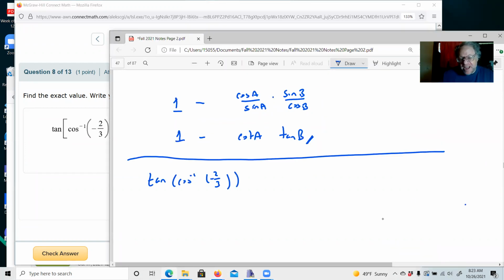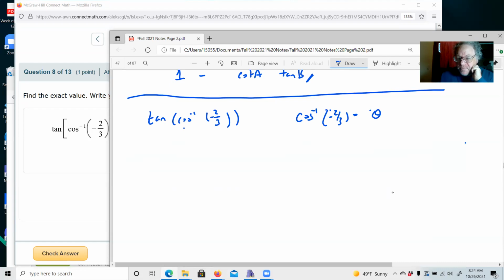When it says find exact value, and one of my questions does say find exact value, you're not supposed to use the calculator. You're not supposed to just figure out the angle and then the tangent of that angle. What you're supposed to do here is work this from inside out. So we have cosine inverse of negative 2/3. Inverse cosine equals some kind of angle. That's what inverse cosines do: they take a ratio and turn it into an angle. Just for the sake of symbol manipulation, to have a better chance of understanding what's going on,